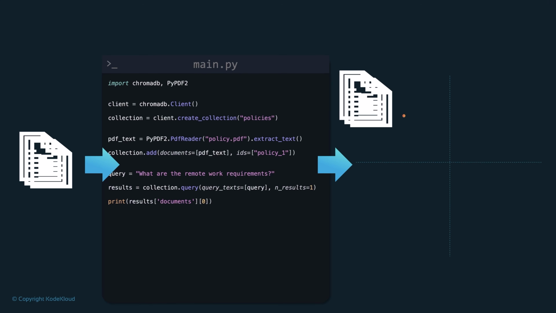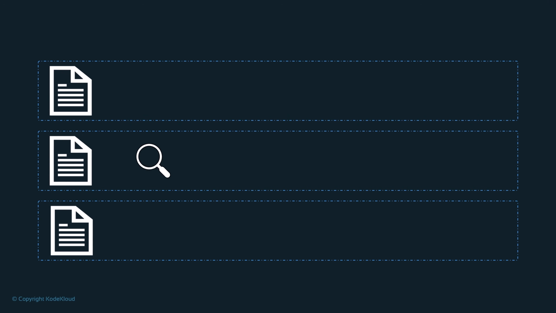That's not very helpful. This is what I call the precision problem. Without chunking, when someone asks, "What's the remote work policy?", they get the entire 50-page handbook. The user gets overwhelmed with irrelevant information. They have to search through everything to find what they actually need. But with chunking, we break that handbook into smaller, focused pieces. Now, when someone asks about remote work, they get back just the specific policy sections that are relevant. The user gets exactly what they asked for,